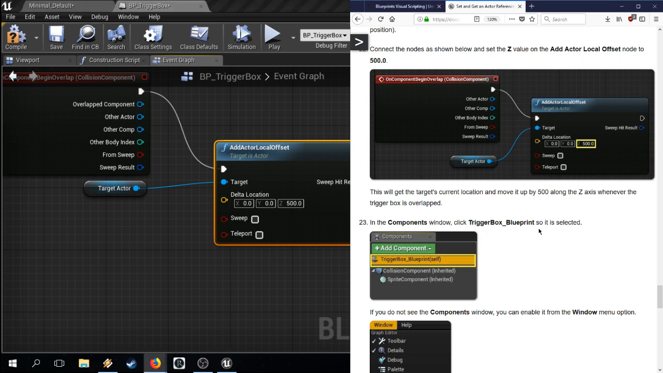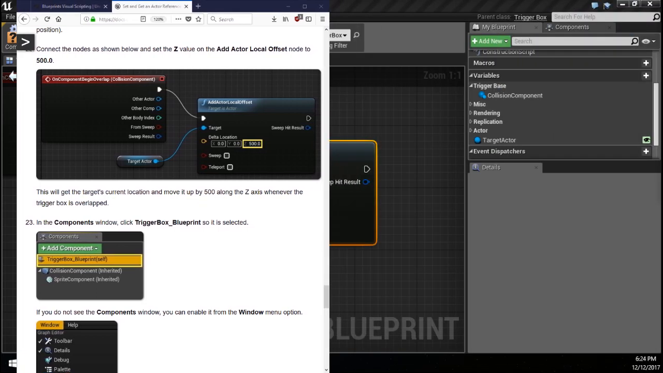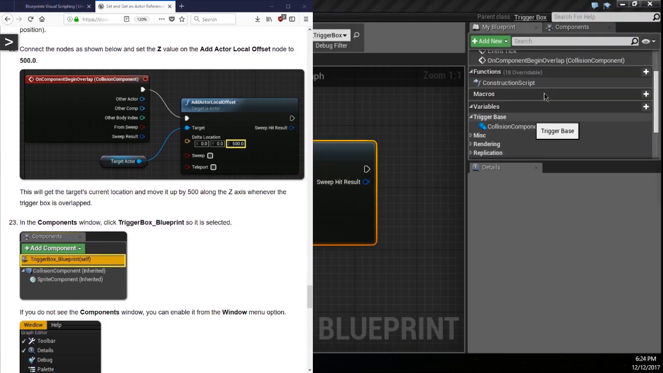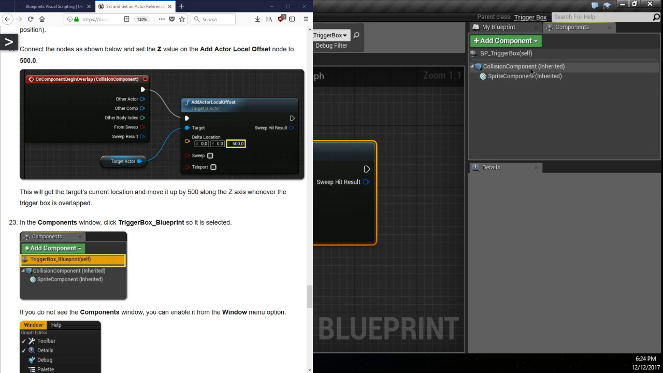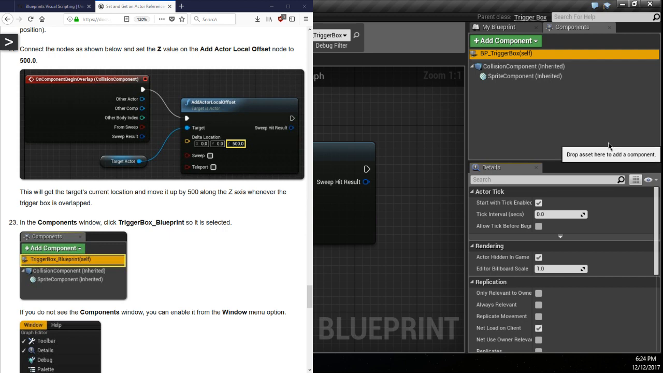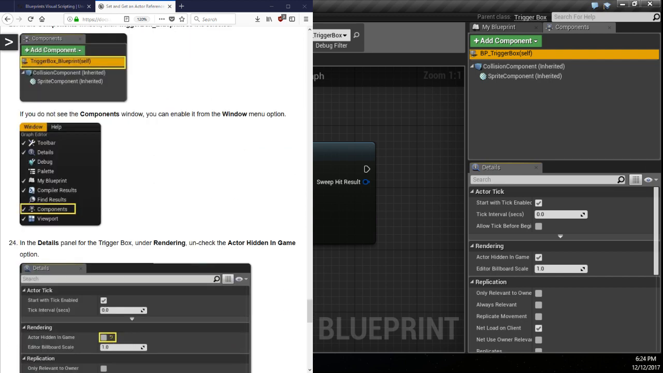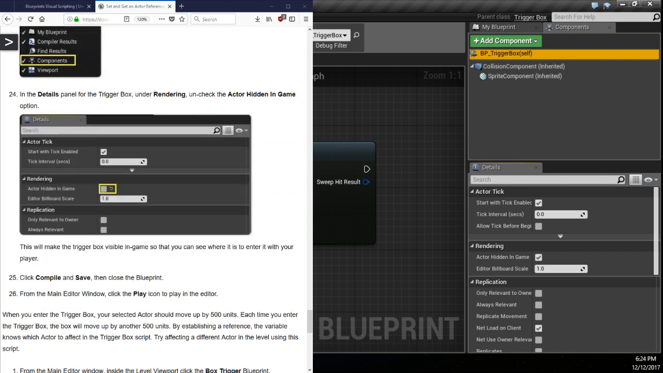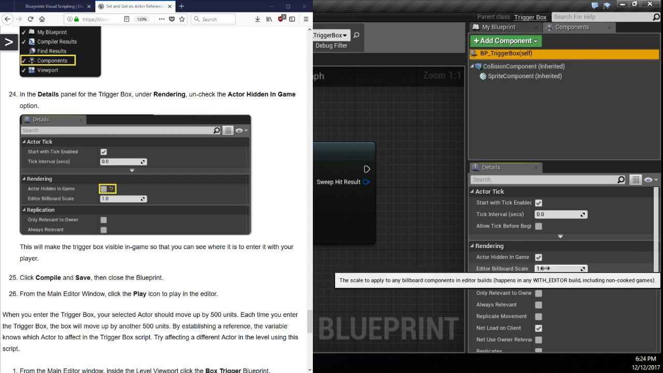In the Components window, click Trigger Box Blueprint so it is selected. Components, Trigger Box Blueprint, right there. If you do not see the Components window, you can enable it from the window menu option. In the Details panel for the trigger box, under Rendering, uncheck